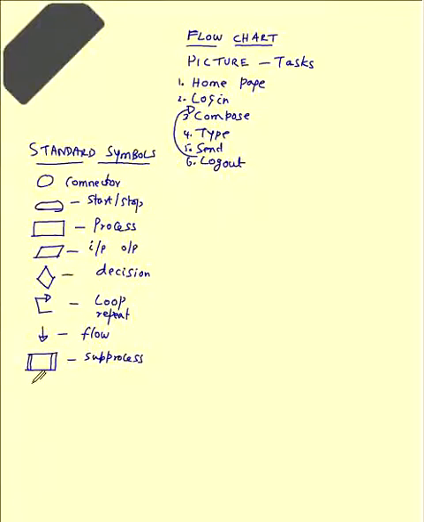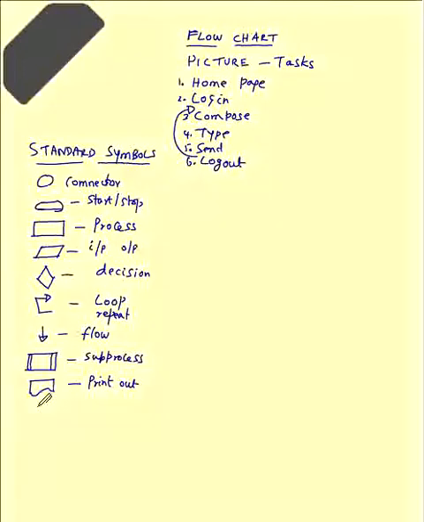Also, occasionally you may be printing something. If you have a portion of the rectangle with a curved edge at the bottom, it's called print out, because many times you print the information, for example in the bank you print the statement, or you update your passbook. It's a printout.